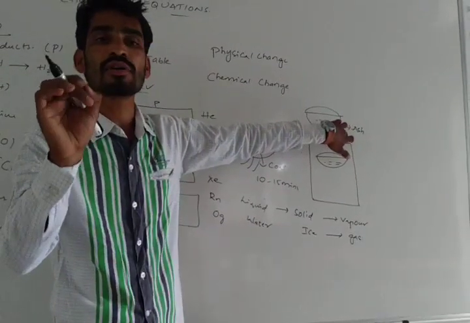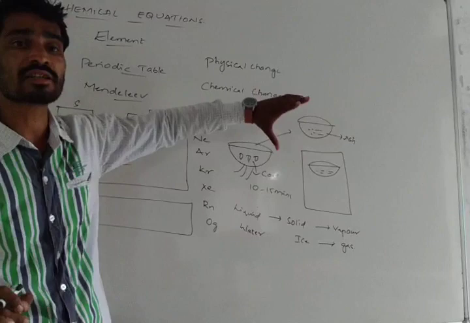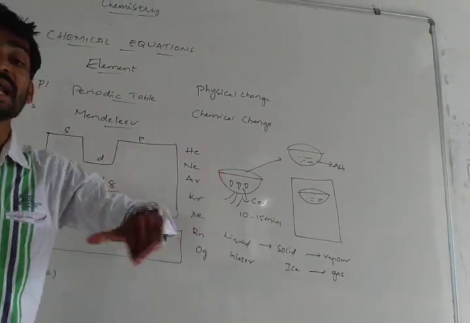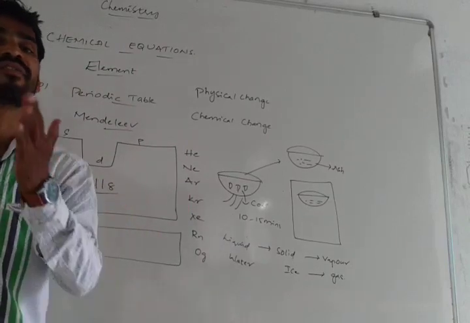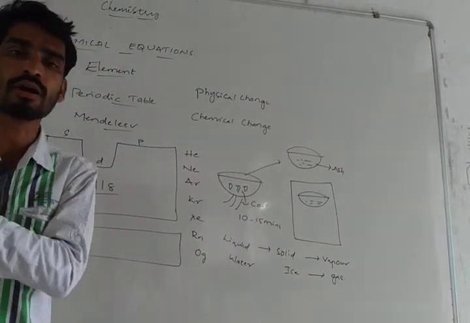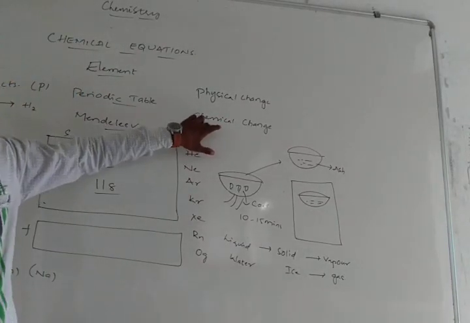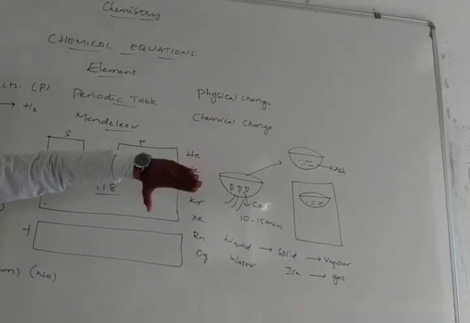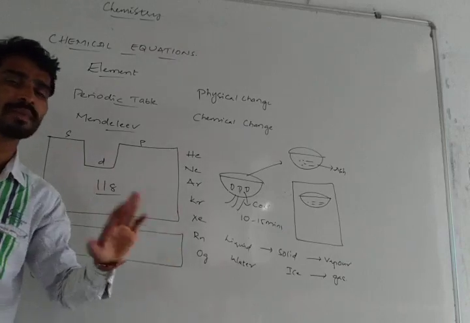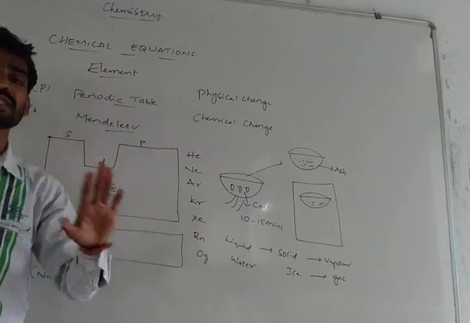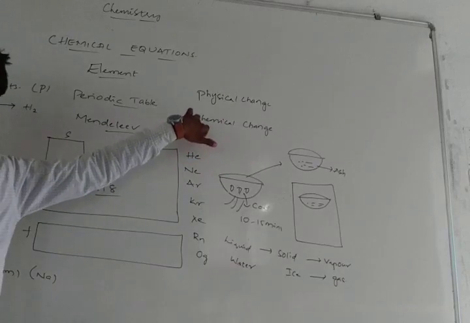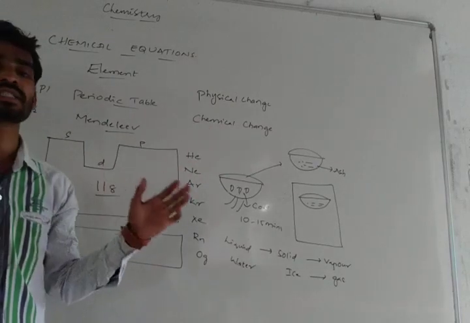Is it possible to convert ash particles or the ash compounds back to the coal pieces? We can't convert it. It is a permanent change and a new compound is formed with different physical properties and a different chemical composition. Such types of changes are called a chemical change. So physical change is the opposite of chemical change. In physical change, no new compound is formed, it is a temporary change and a reversible process. Coming to the chemical change, it is a permanent change, new compounds are formed, and it is an irreversible process.